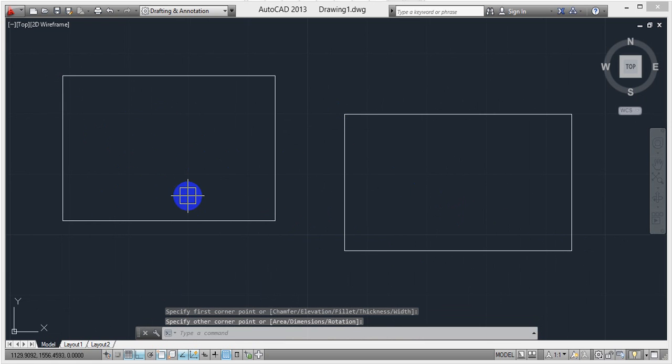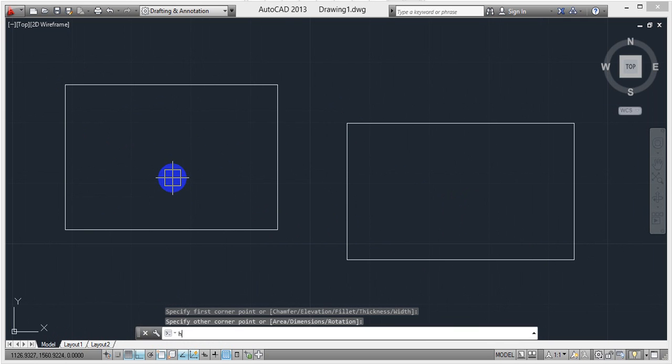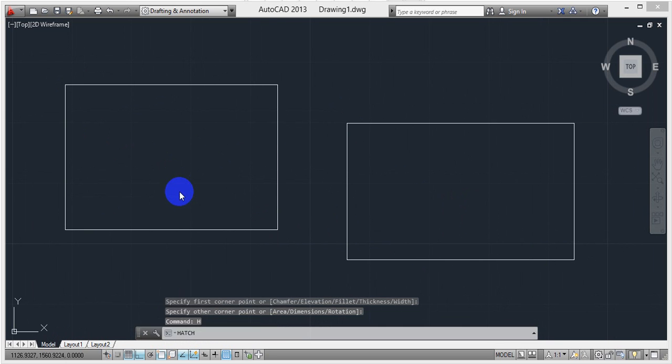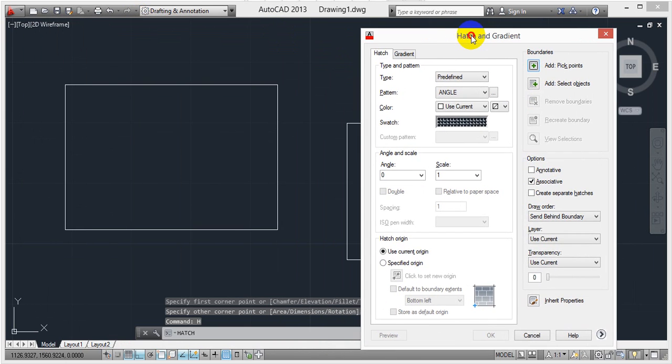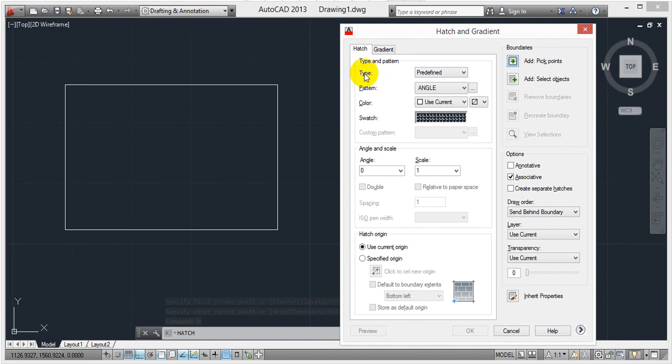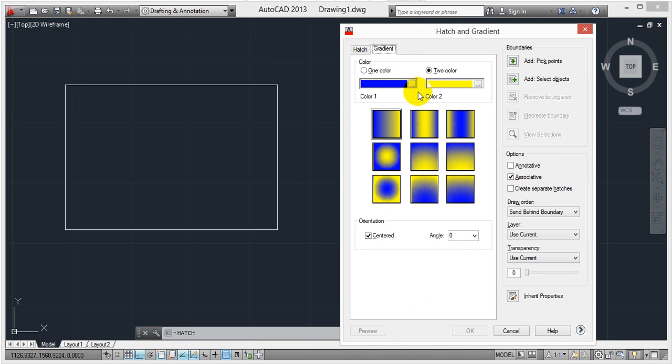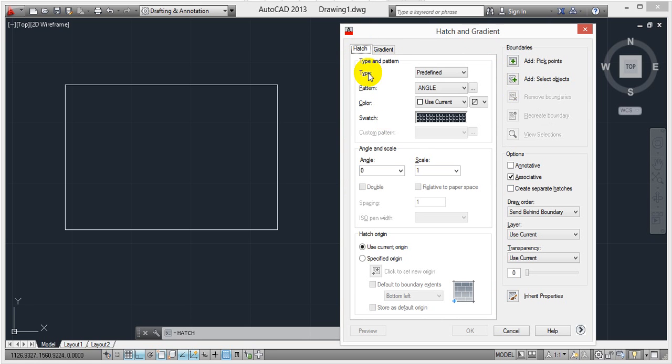So I have taken two rectangles. I am selecting hatch, H, enter. After selecting H, enter, you have to go for C. So first will be hatch, second will be gradient. This depends upon colors and this depends upon materials. For example, you have drawn a home's total area, the boundary of a home area, but you need to define some of the area that is your building, your house, some gardens, doors, windows, etc. Everything you have to define in 2D.